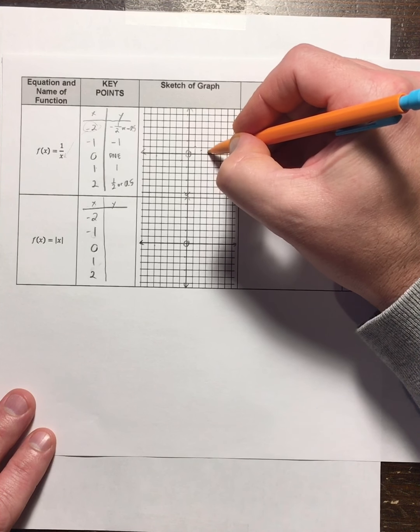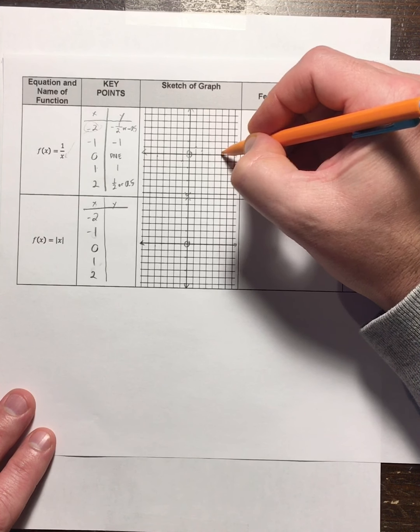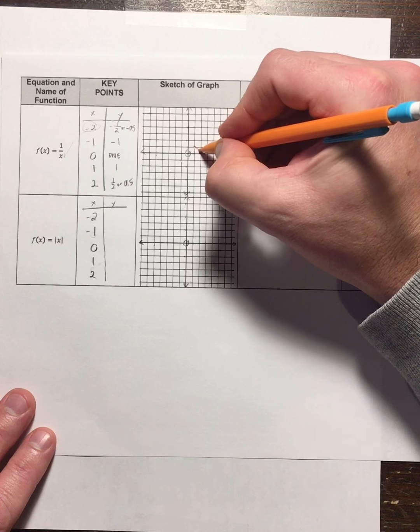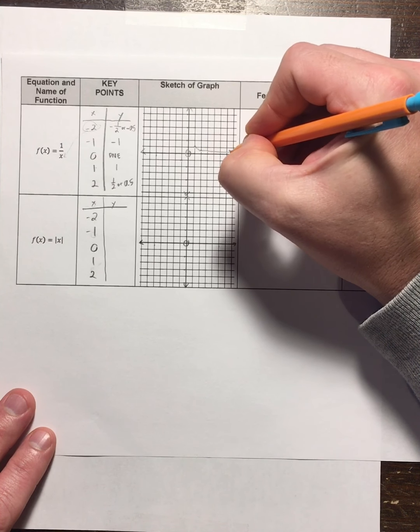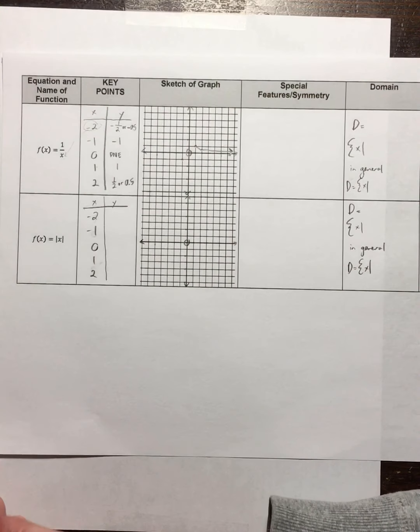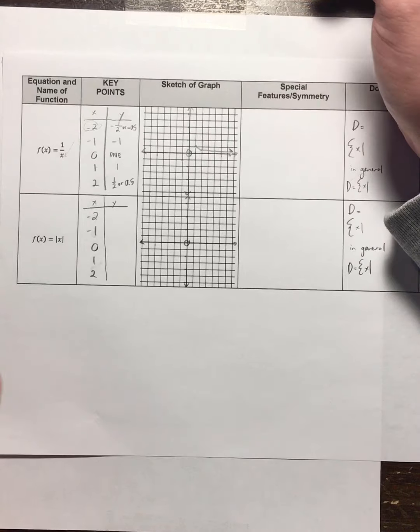And if you put in a 3, it becomes 1/3. And if you put in a 4, it becomes 1/4. And if you put in a 5, it becomes 1/5. So what's going to happen is this line is going to go really close to, but never quite touch, that x-axis. And at the same time, what's really interesting, although we're probably never going to sub in values like this,